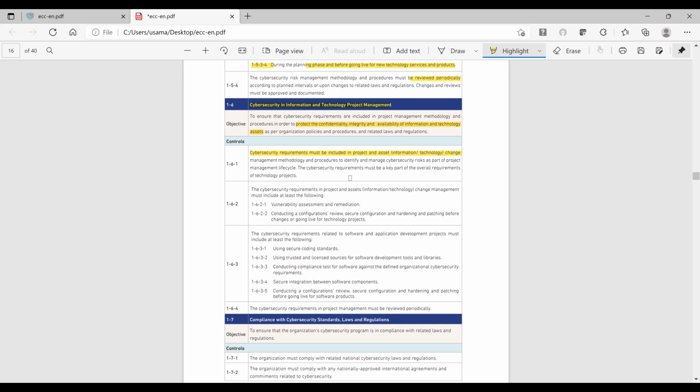It is very important because by the end of the project, you have to take all these requirements and check: are these controls matching the requirements? If yes, then the project succeeded. If not, then the project failed. Then the